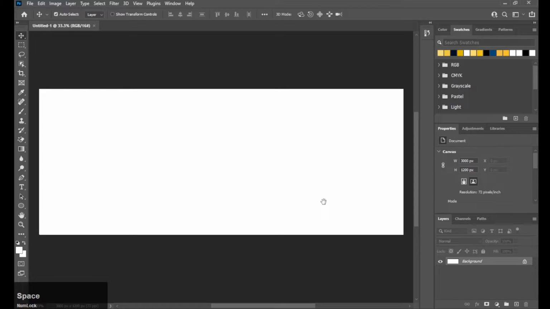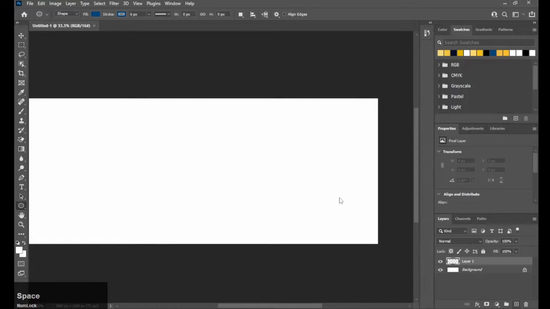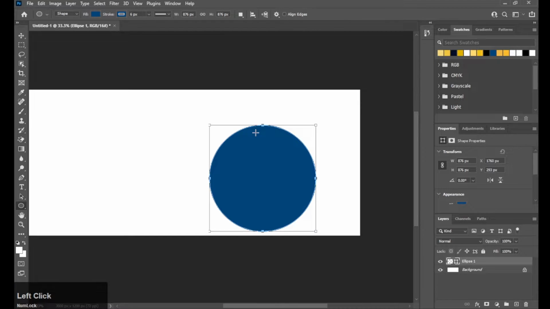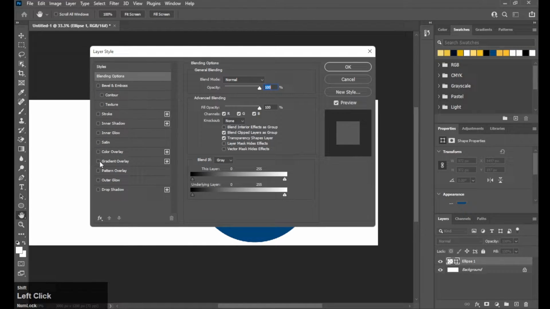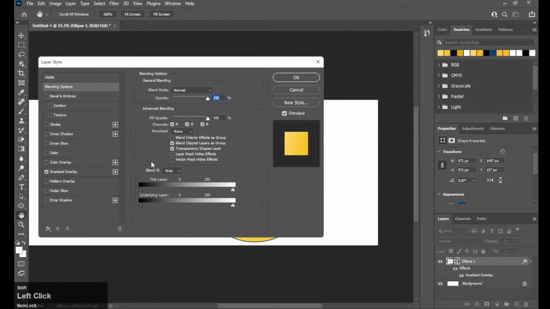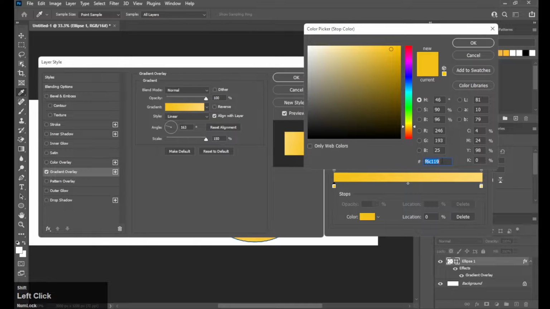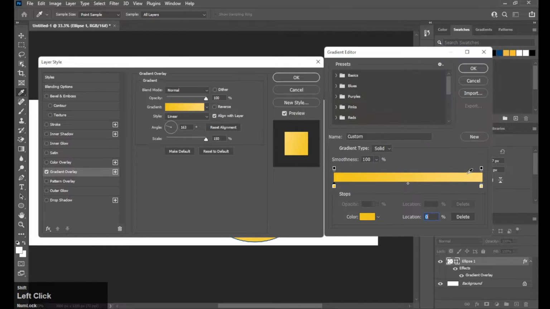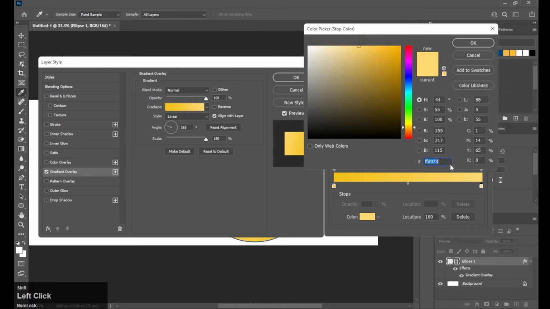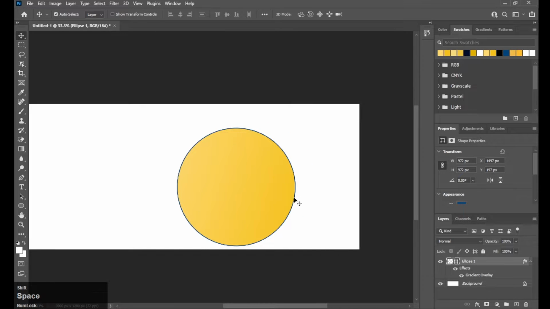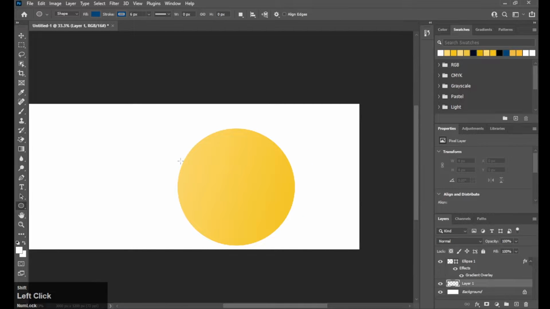and let's make a circle first of all, and apply a gradient overlay of this dark yellow and light yellow color, and this circle will be our product highlight, and let's draw another circle behind it